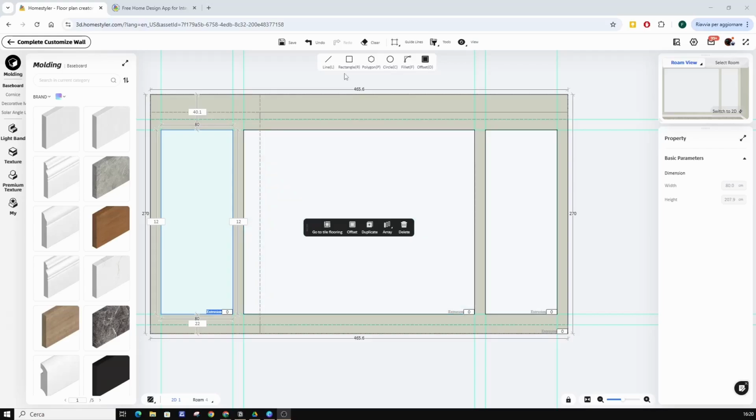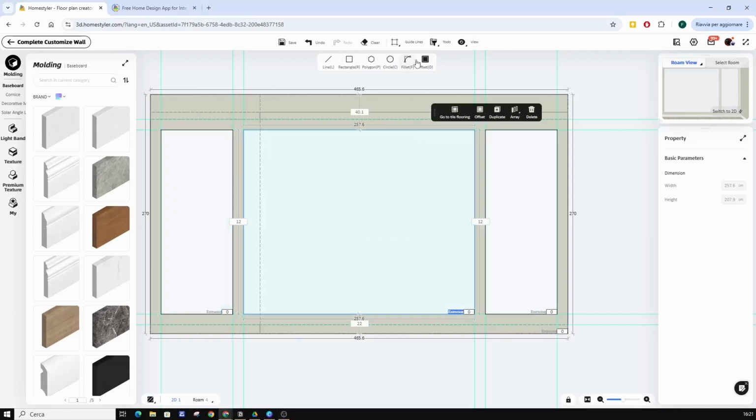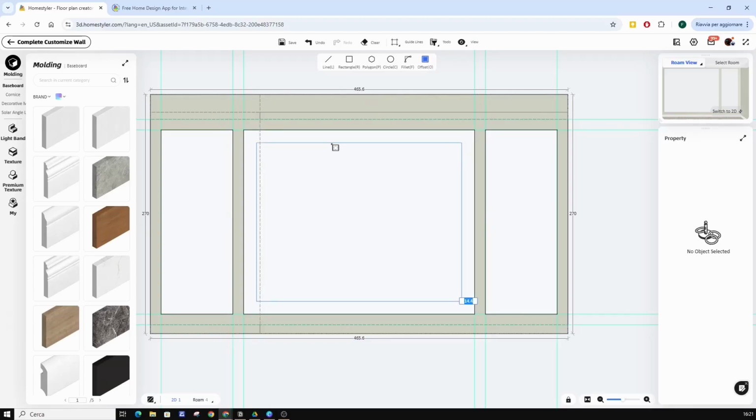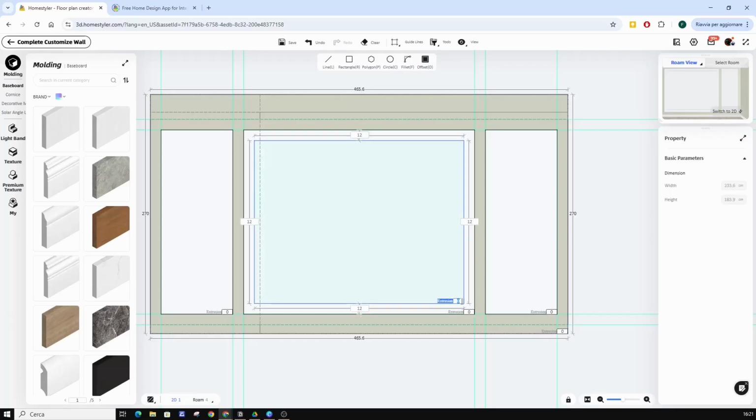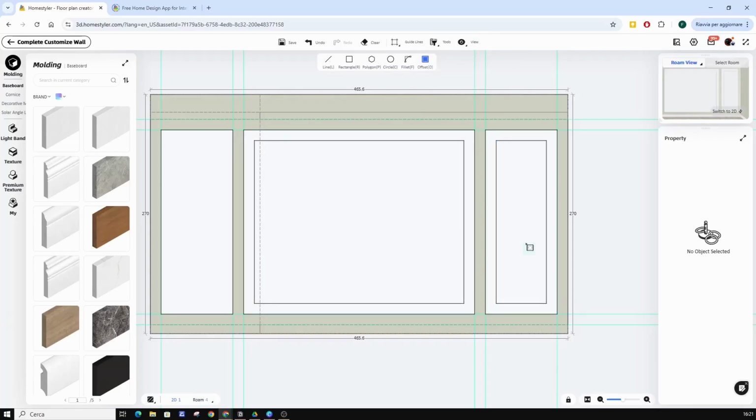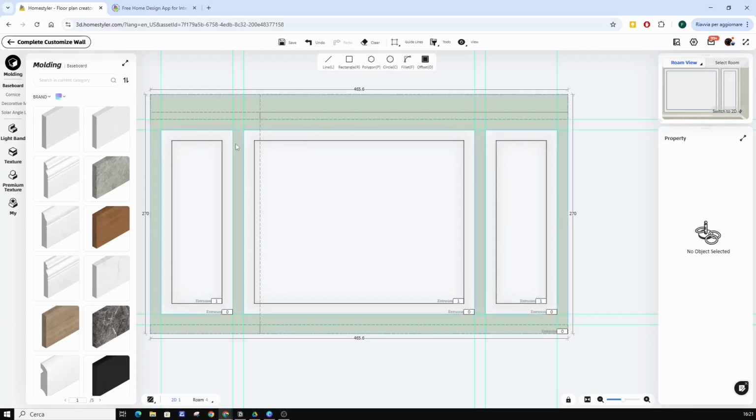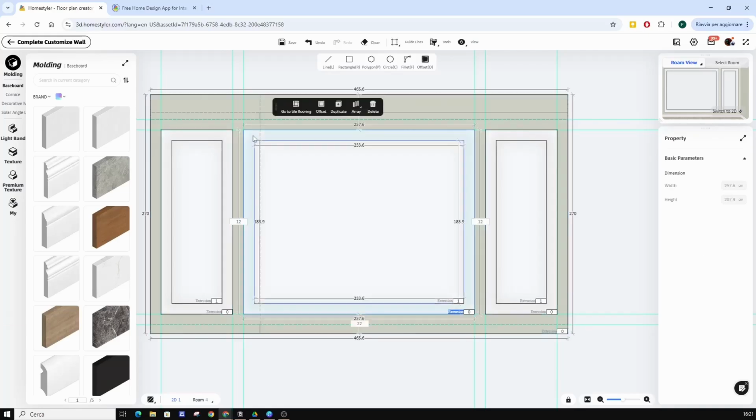For example, let's use the Offset tool again. We set a value for this offset and make a slight extrusion. Let's apply it to the other panels too. Applying the same extrusion values. Now we add mouldings. We choose a decorative moulding around this perimeter.